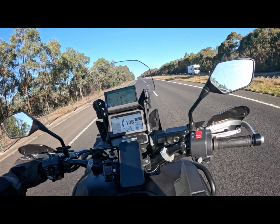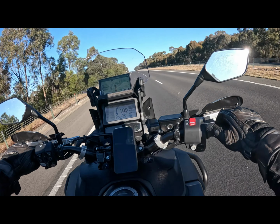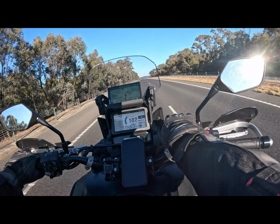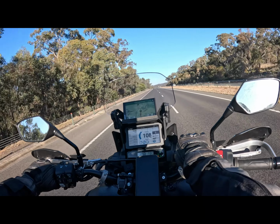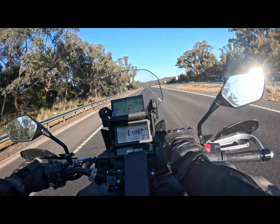And there you go. Just push the button in, set, and you can obviously increase it, flick it up and it'll slightly increase it, down it'll decrease. So there you go. Sitting here, you can give your brake hand a bit of a rest, which you'll really want if you're doing long distance on a freeway. So yeah, cruise control